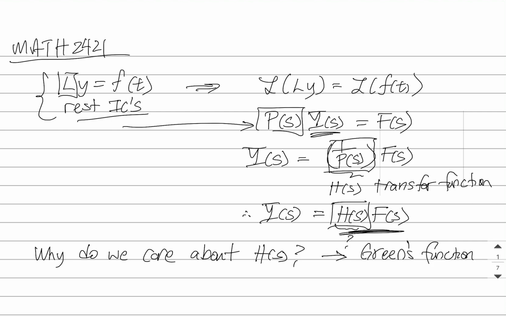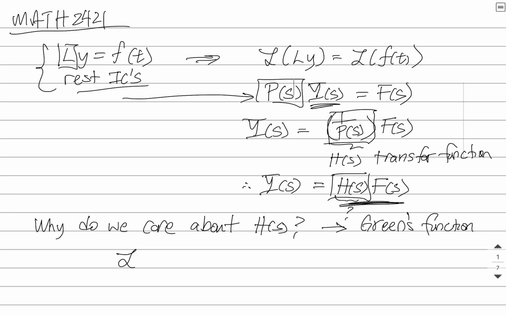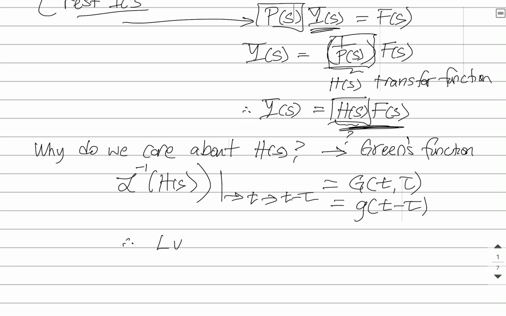And in particular, why do we care about the transfer function? It's because the transfer function allows us to get the Green's function for our problem very easily. So remember that if you take the inverse of the transfer function and then you shift the result, it will end up producing the Green's function for our problem. And not only that, it will tell us that the Green's function ends up being a shifted function like this. So that means then that our particular solution, or actually the solution to this IVP, has the form of